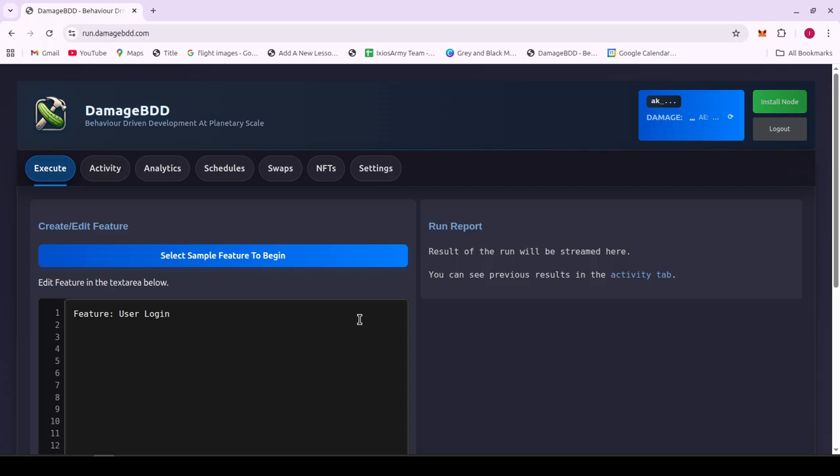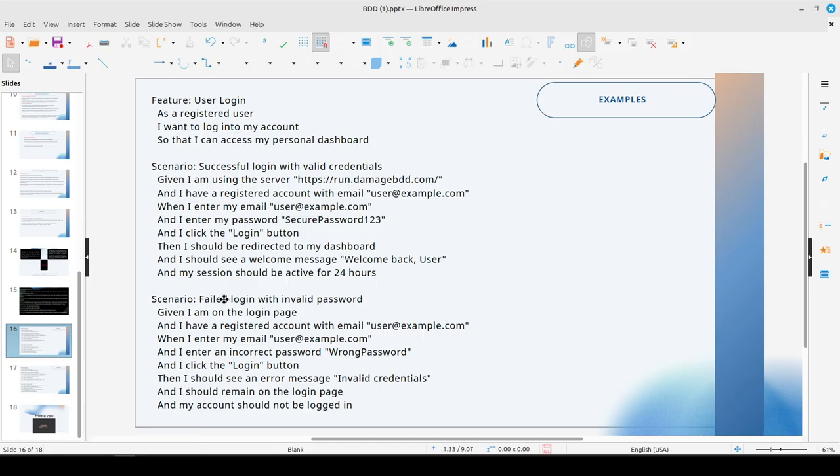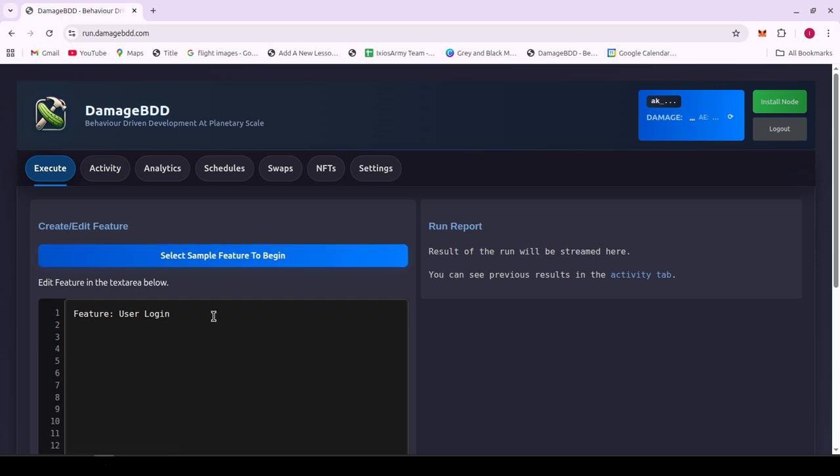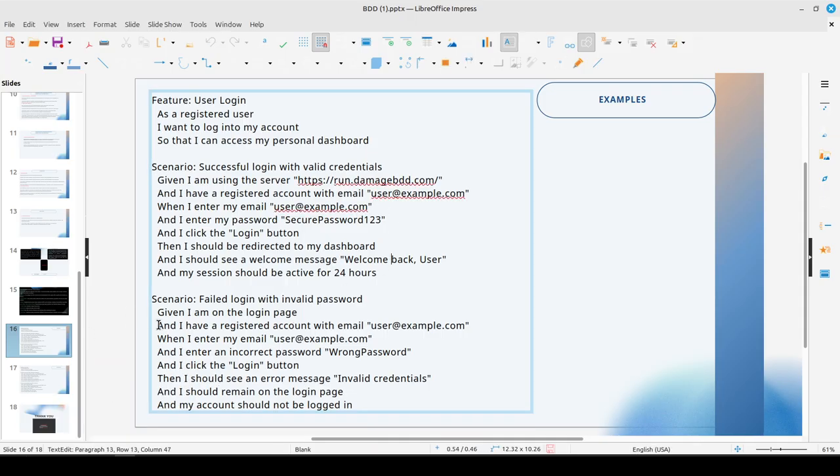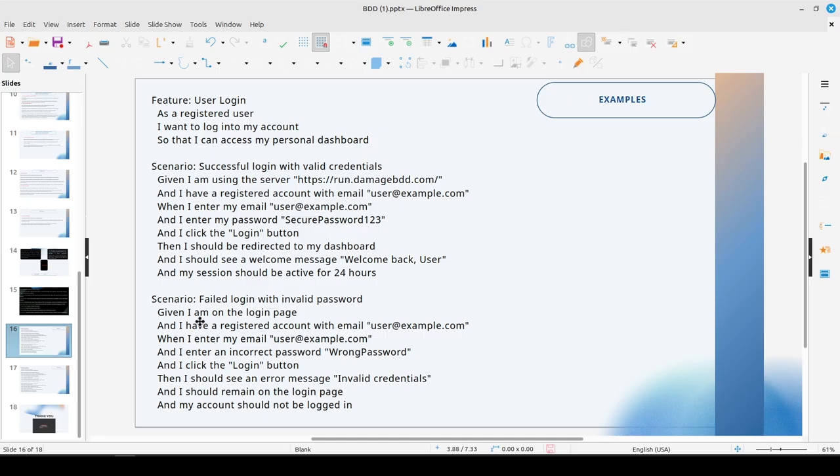So if you scan your wallet address, you will see a series of activities, if you've done any, recorded in the blockchain. Then I should be redirected to my dashboard, and I should see a welcome message, welcome back user. Now, for this software, there is no welcome message. So this BDD test is not for Damage BDD. So this line is not supposed to be here because there is no welcome message, and my session should be